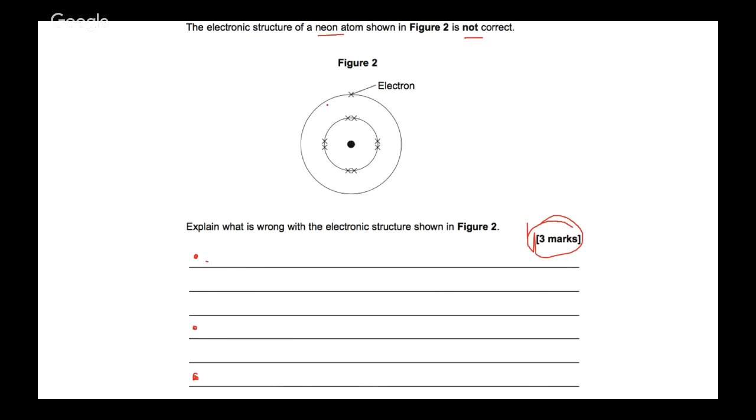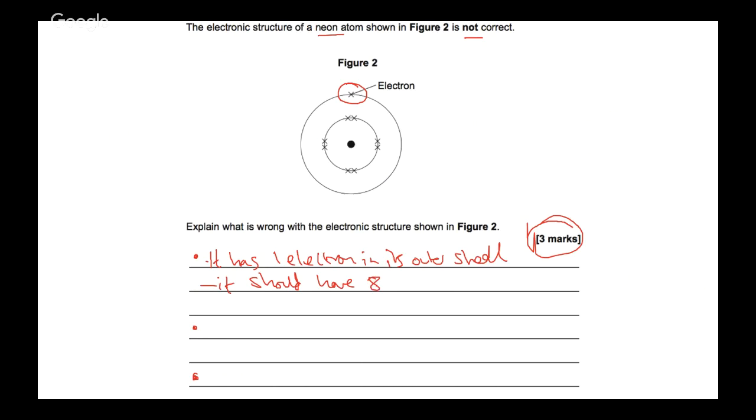For example, a neon atom has 10 electrons and it's a noble gas, so it should have a full outer shell. Don't just try and get away with saying it has 1 electron in its outer shell. Try and make it really clear. So as 1 point, I'd say it has 1 electron in its outer shell. But I think they're going to tighten up the mark scheme, so make sure you also say it should have